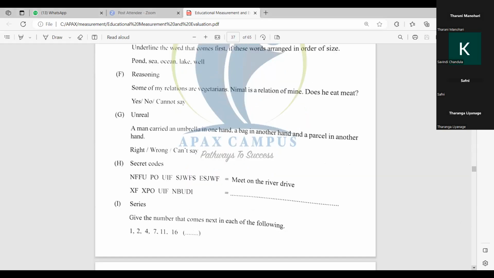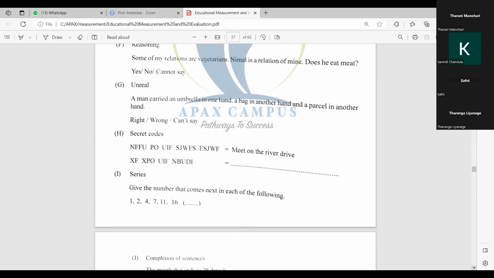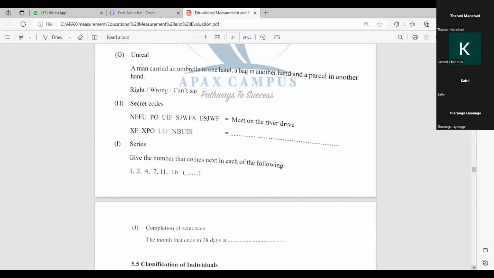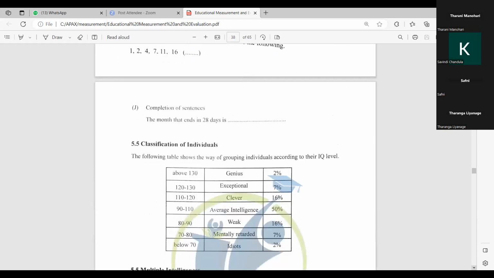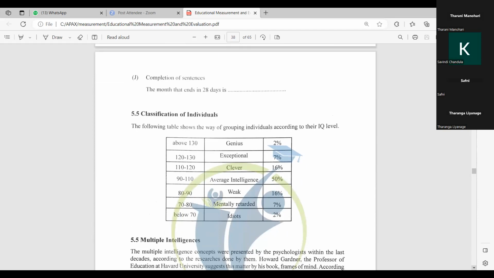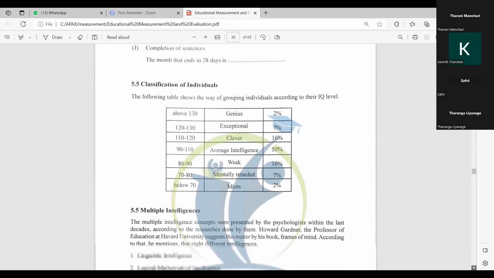Then the other questions, like finding out a series of numbers. So it goes on like different patterns. Completion of sentences. You can see the